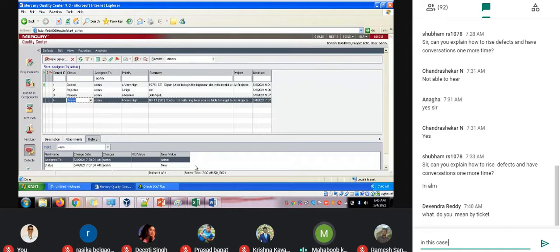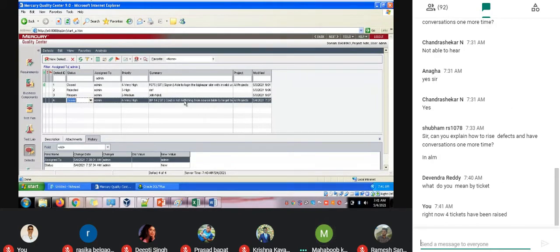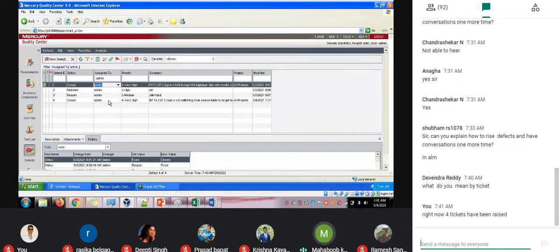Imagine that after all the SDLC it was delivered to production, and the production support guy has seen one of the defects at production and a ticket has been raised. No, we will not call this a ticket. We will be calling it a defect.